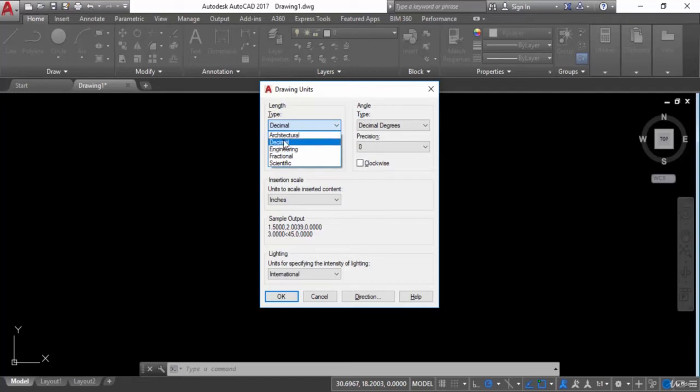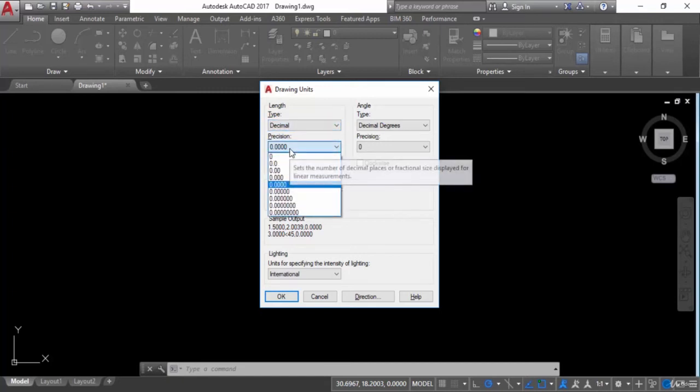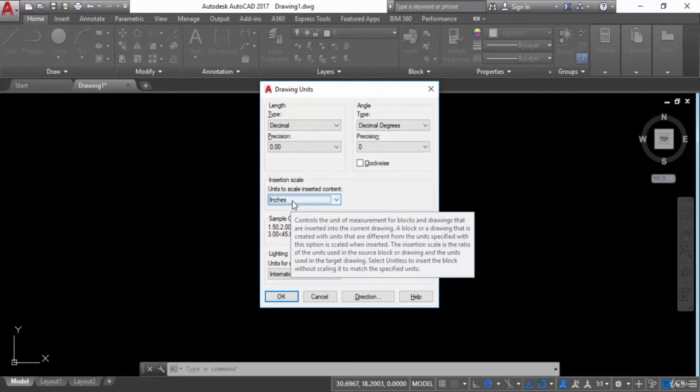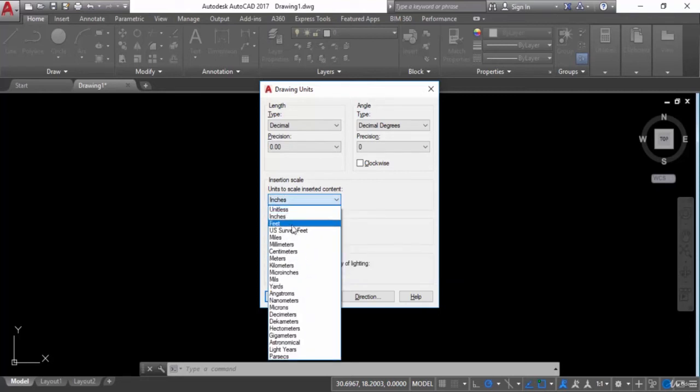Right now I will select decimal, and then precision means how many decimal places after the point. For example, 2 decimal places, 1 decimal place, 3 decimal places. Right now I need 2 decimal places, so I will select 2 decimal. Again, I will come up here. Now here are some options like inch, feet, miles, millimeter, centimeter.